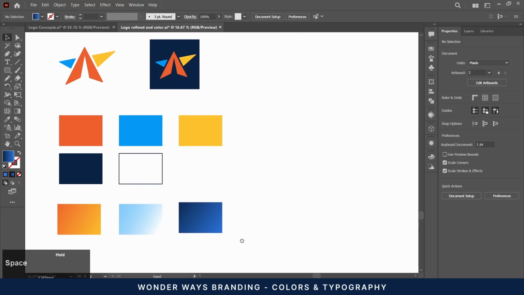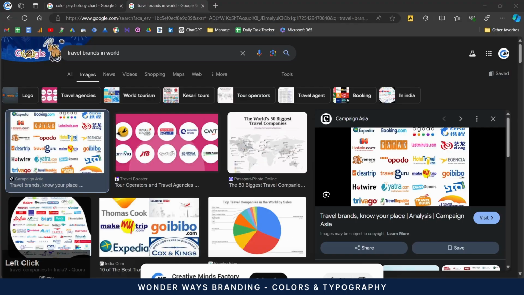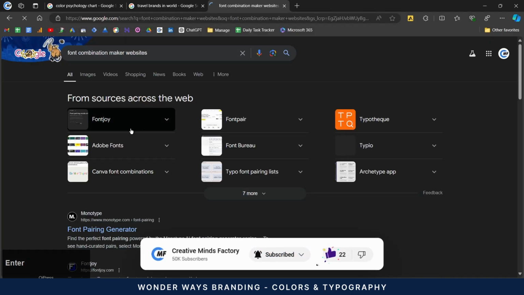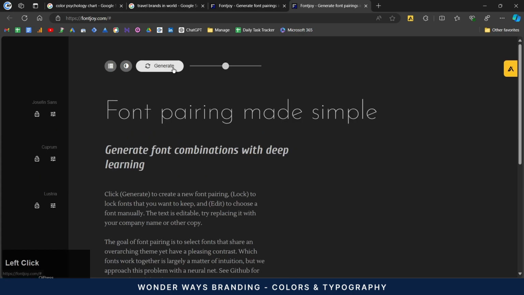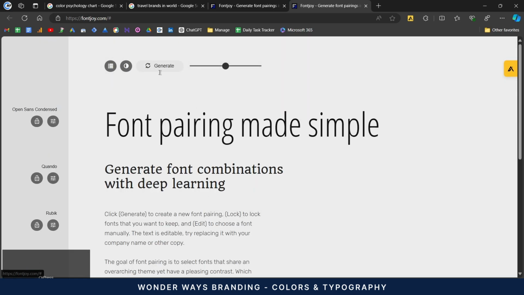Now, let's move on to the typography part. We can use online font combination tools to help us in this process. They'll make it easier to find the right pairings for our typography.